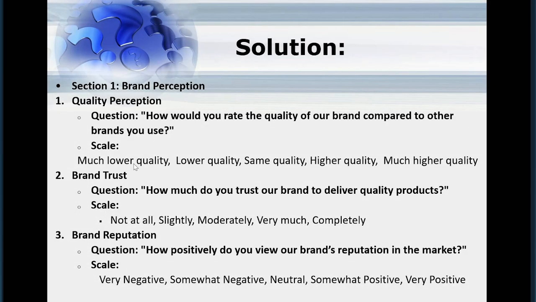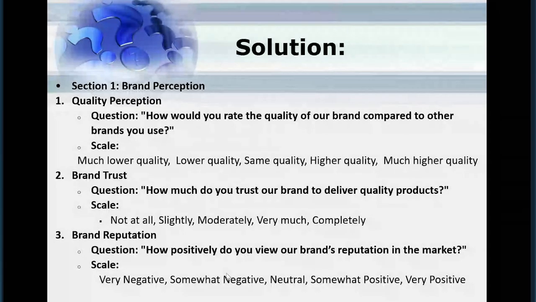The question is, how much do you trust our brand to deliver quality products? The scale ranges from not at all to moderate to completely. Then third, brand reputation. The question is, how positively do you view our brand's reputation in the market? And the scale ranges from very negative to neutral,